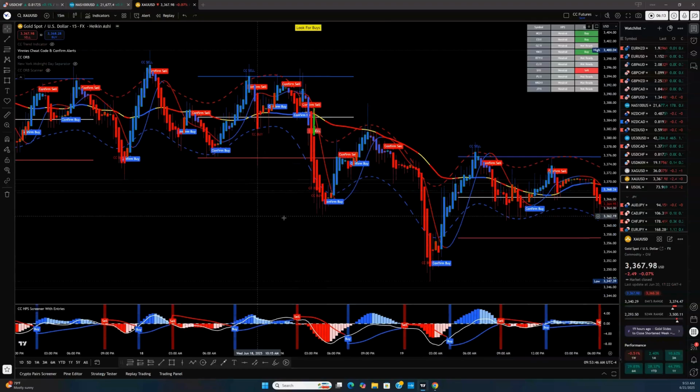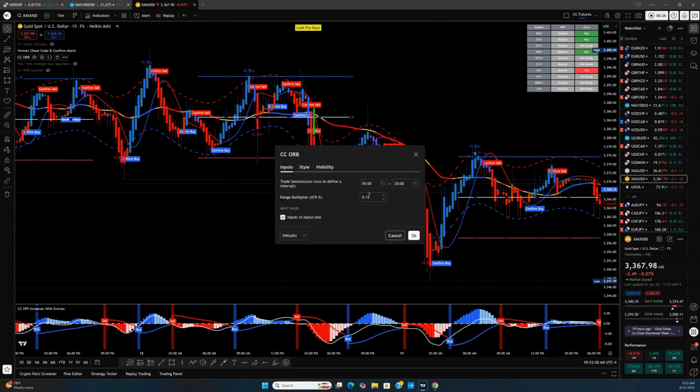So here, with opening range breakout, you're going to have your high, you're going to have your low. Okay, the high is in blue. You can change that to any color you want. You're going to have your low. The way this works is that you're going to use the time frame or trade session that you use. So right now, this trading session is set from 5 a.m. to 5 p.m. Okay,